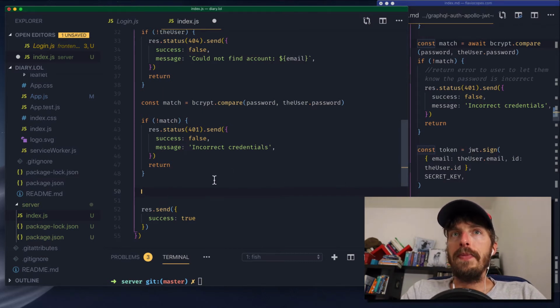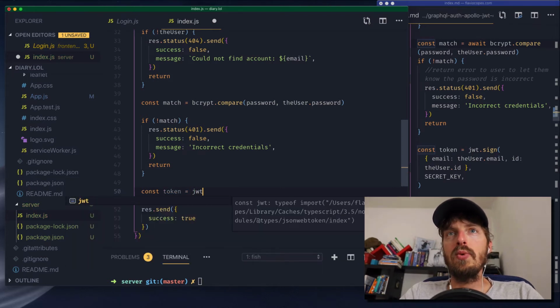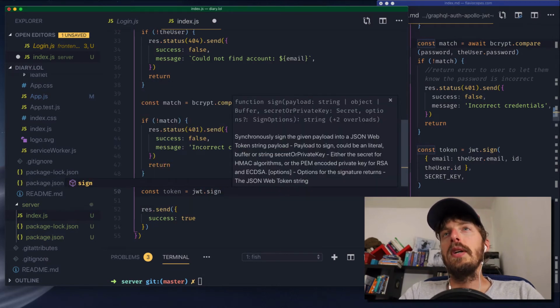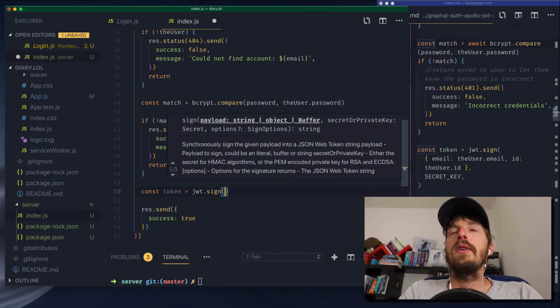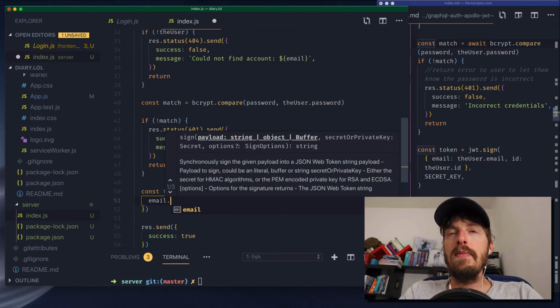And now I'm going to generate the JWT token. So I'm going to use const token equals, use the JWT package which we imported above, using the sign method. The sign method synchronously signs the given payload into a JSON web token string. So we are going to pass an object here which contains the email, the user.email, and the user ID,